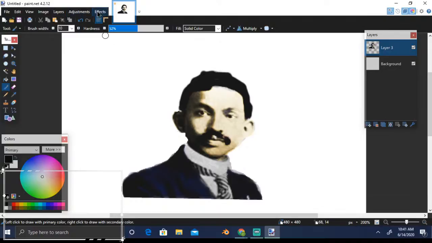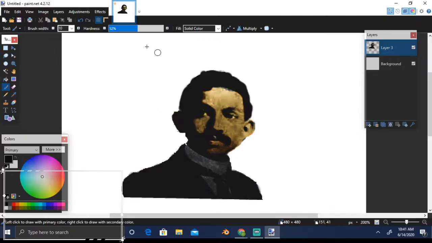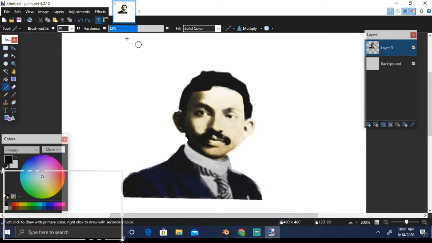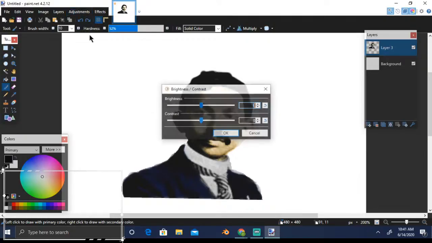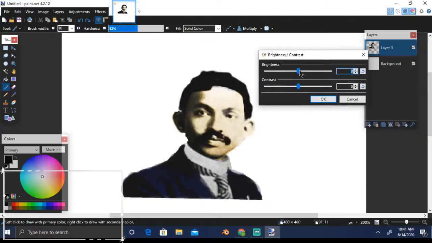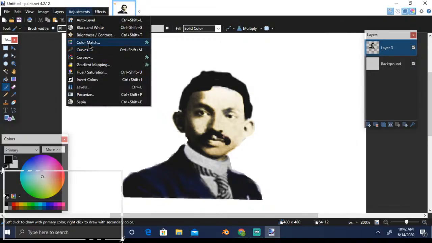Now on this layer, let me go to adjustments and try auto level. Okay, this did not work. Let's go to brightness and contrast. Try a color match.